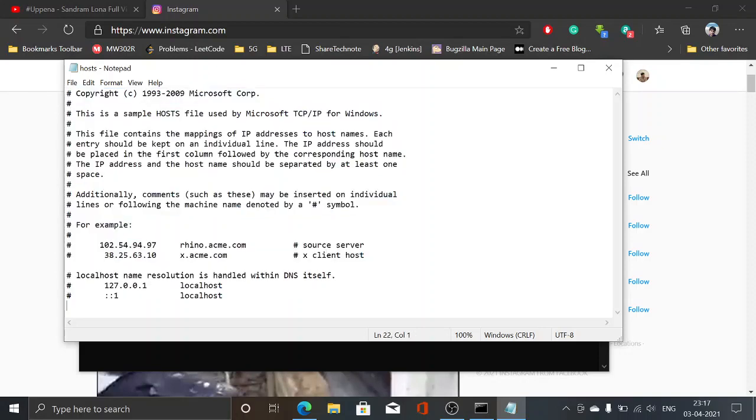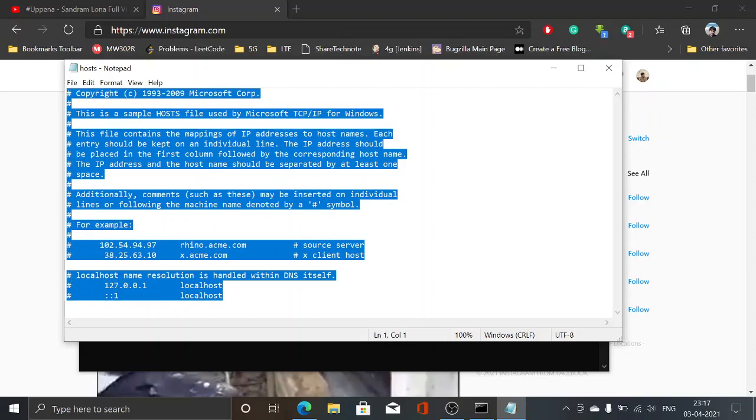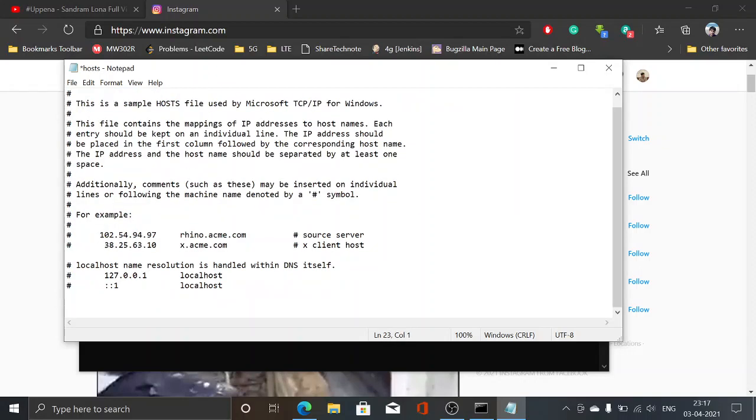It means these lines are commented out previously. We don't need to bother about this. What we have to do is, www.youtube.com will be accessing a certain IP address. We will redirect that to the local host.